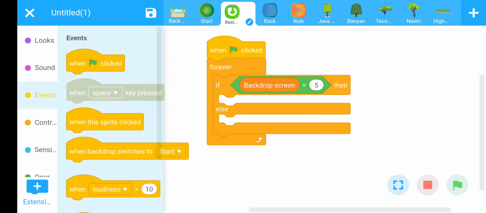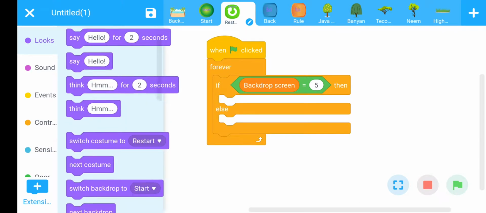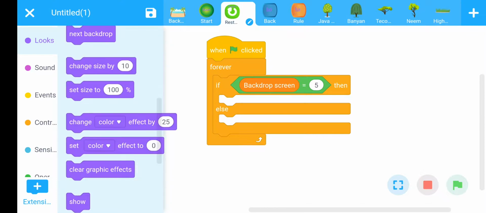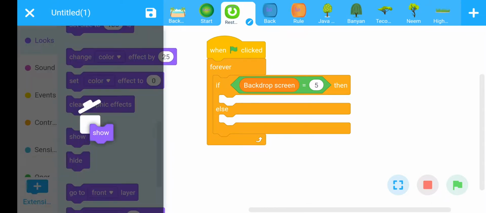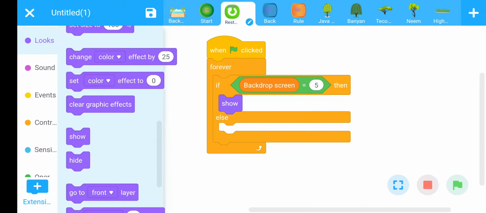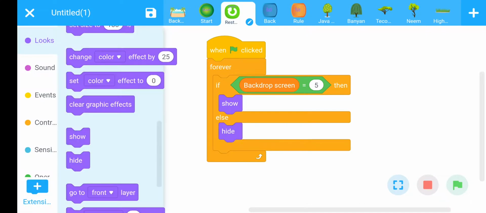For 5, go to the Looks section, drag the show command here, otherwise hide. That means when the backdrop screen is 5, that means if the game over screen is present, then the restart button should be present here only, otherwise it will be hidden.